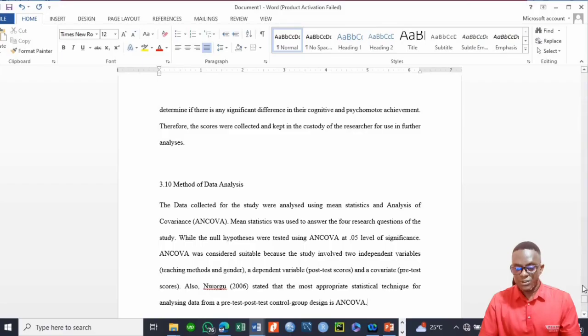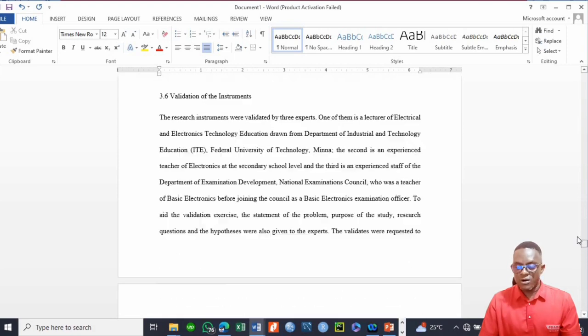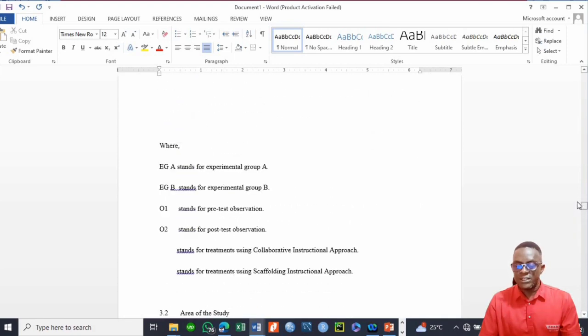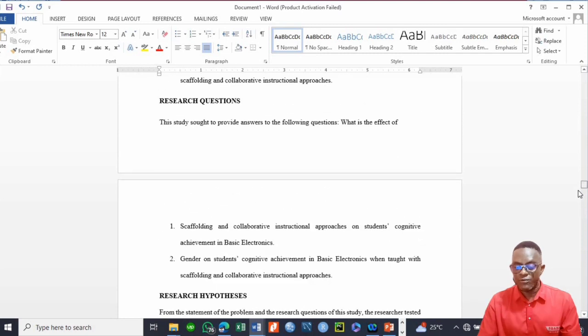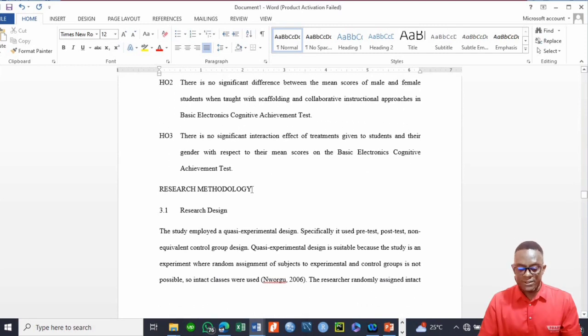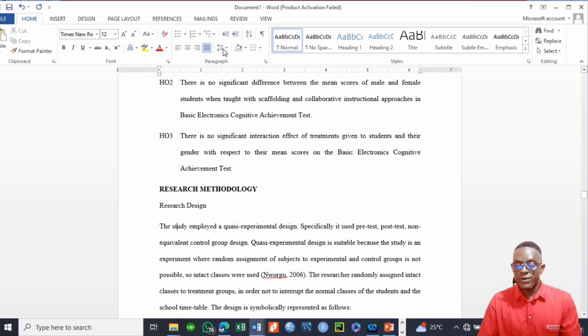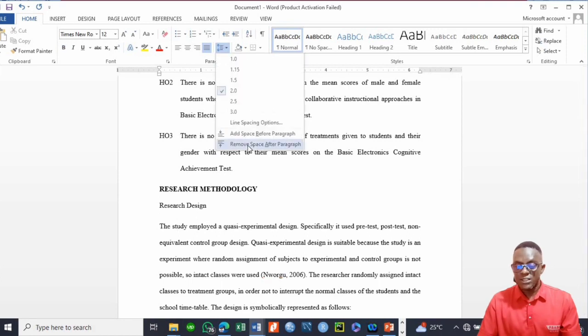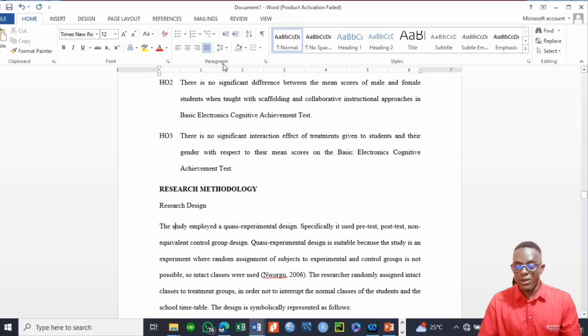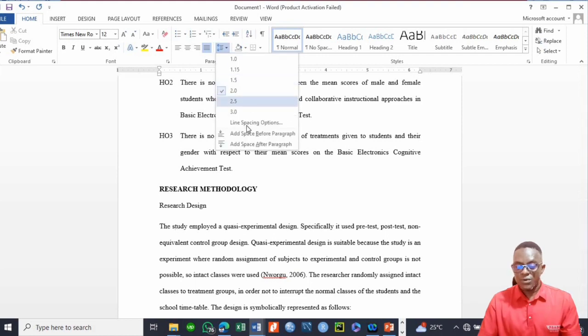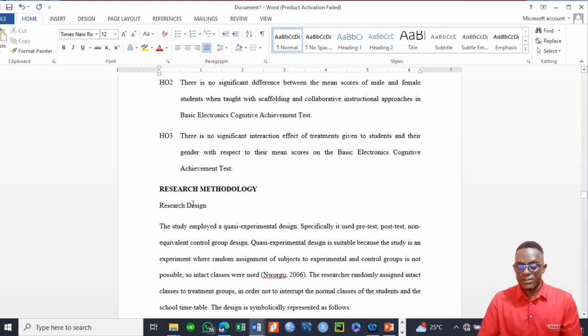After pasting that, you will now have to read through the work and remove anything that has nothing to do with the cognitive achievements. In this case, you are free to use subheads like this, or you can lump the entire research methodology under one subheading and title it research methodology. Okay, so that one is your choice depending on the space that you have